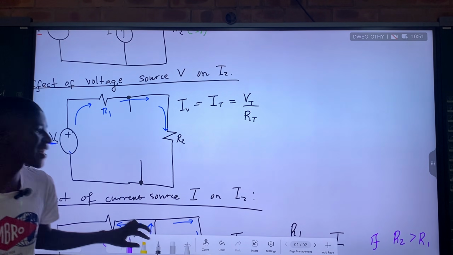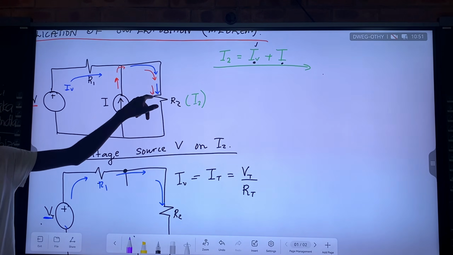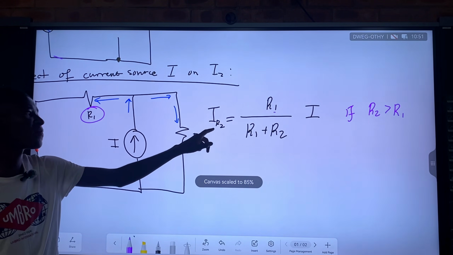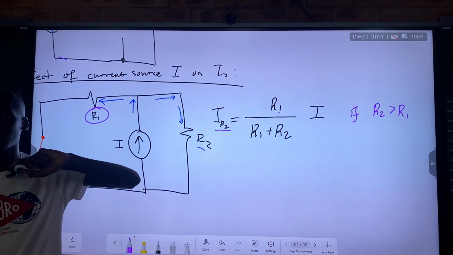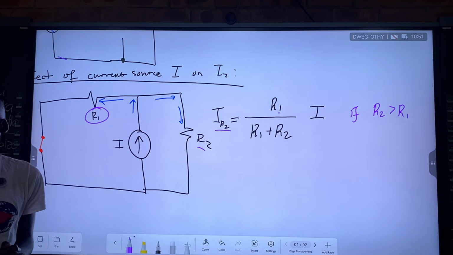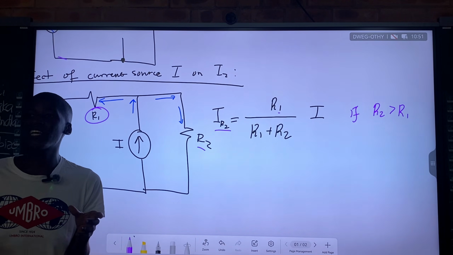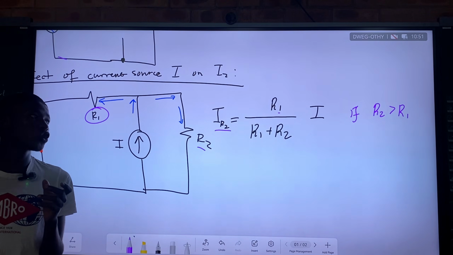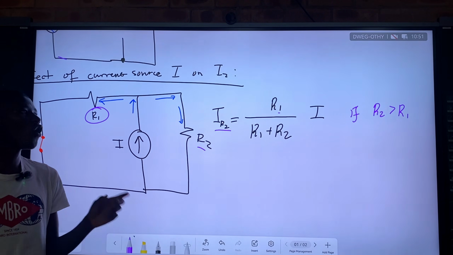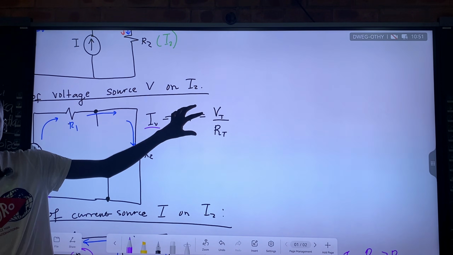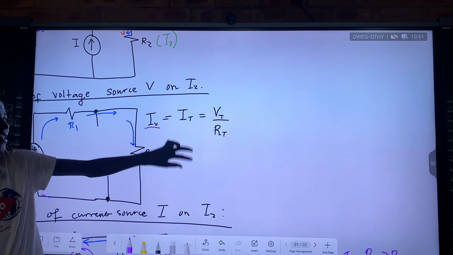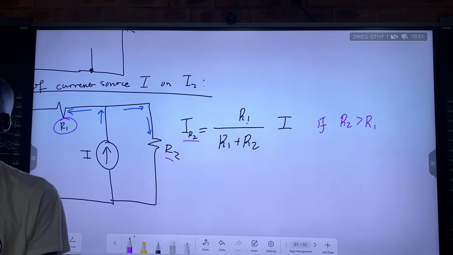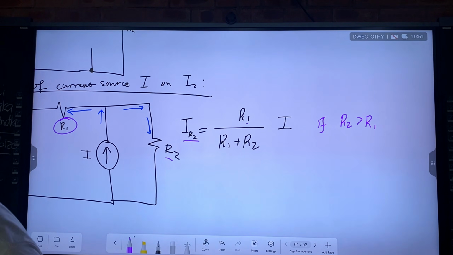Obviously, to find the total current, which is I2, the current passing through R2, you are going to add the current from the voltage source plus the current from the what? From the current source. You add them together, you get the total current. Because last time, we said they are linear elements. And if they are linear elements, you are able to add them. Because according to Ohm's law, this is a linear equation. So we are able to add this linear equation and this linear equation to find the total current, which is I2.